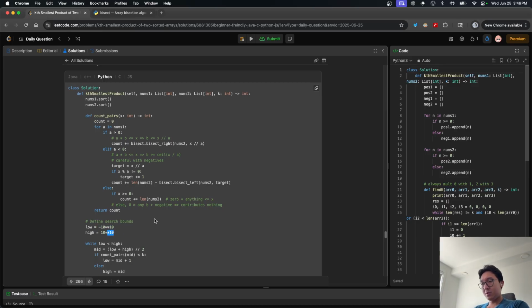And then you go to the middle, and that's the target. And now we want to count how many products we have that can reach the target, right? So what we do here is we have the target,